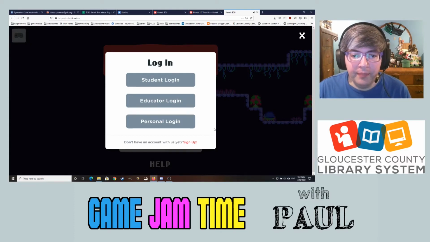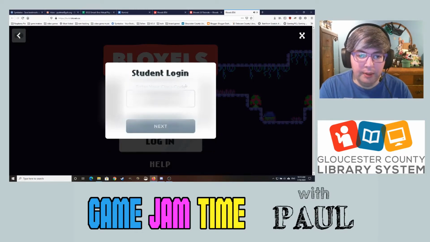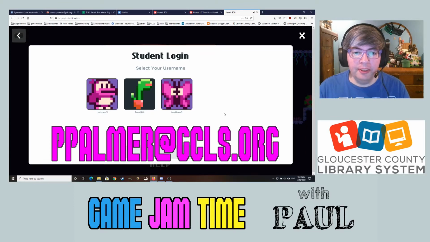So I'm going to log in. I have a student account for myself as well as an actual EDU account to overlook everything. But I'm going to log in here. I'll have to blur this part out. But if you're a library card holder, I was thinking you could email me. I'll put my email address up here. It's ppalmer@gcls.org, and email me your